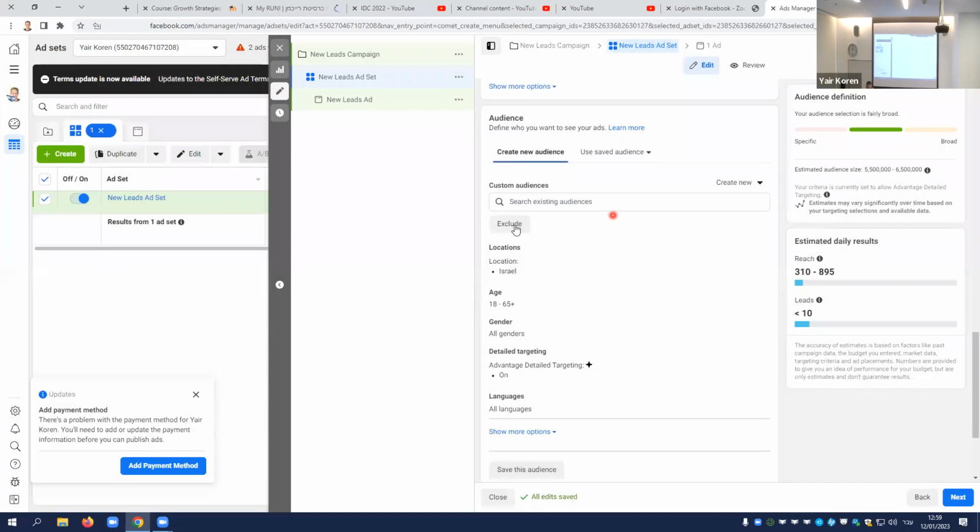No. You have here the exclude button. So you can choose the specific custom audience and exclude it. For example, you can do a custom audience for everybody that already sent you leads and say, okay, I don't want to show them my